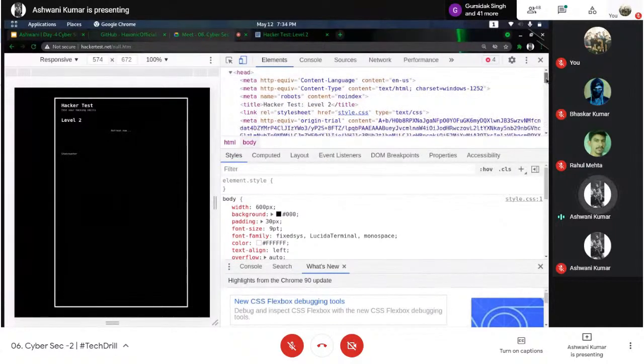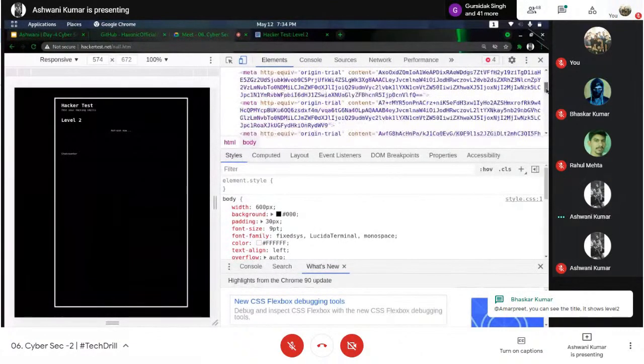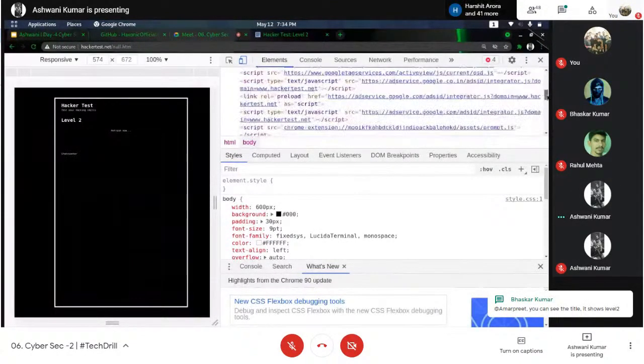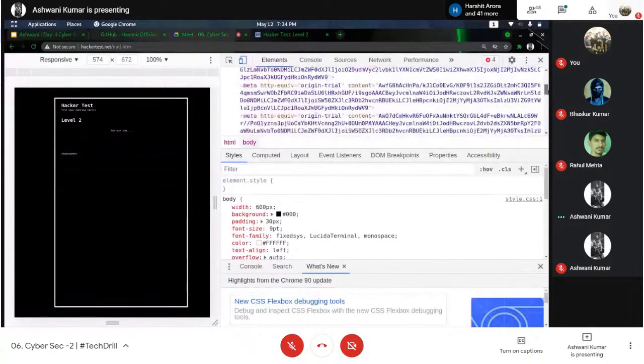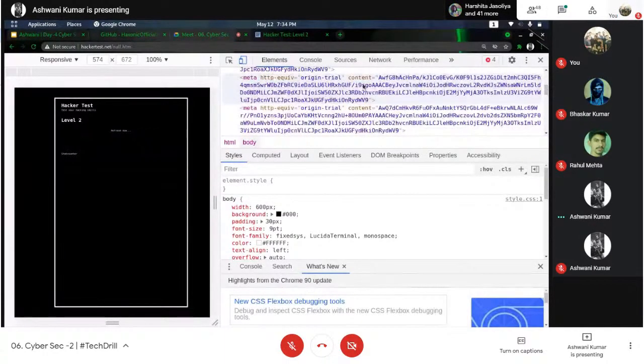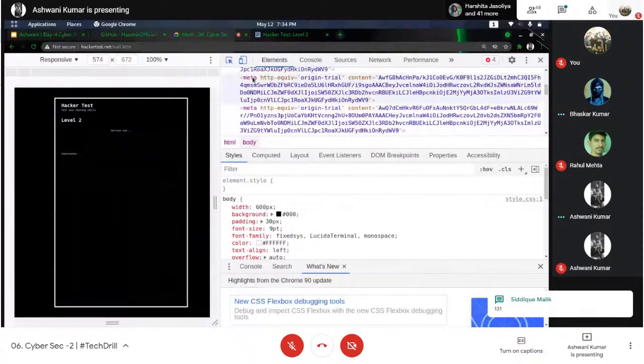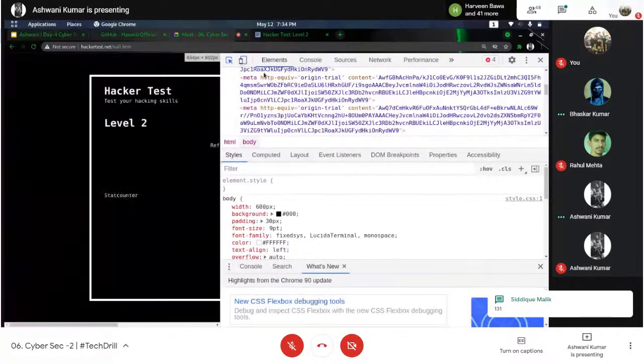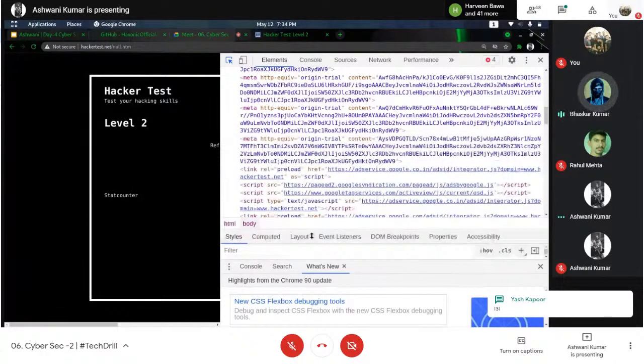Anything in the header? Let's open view source. I guess that will work.